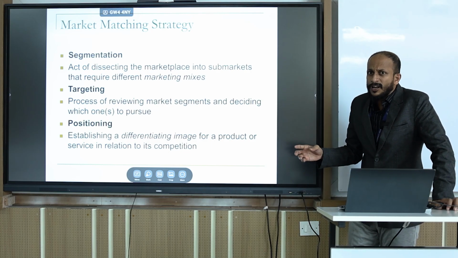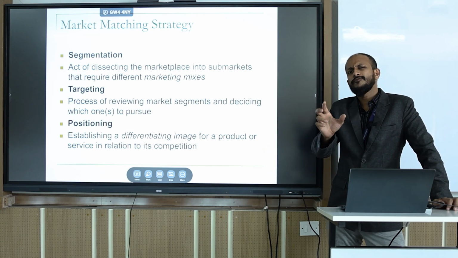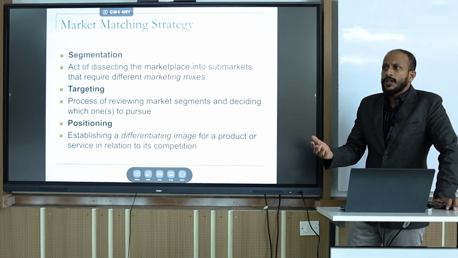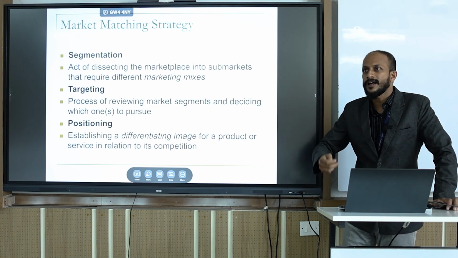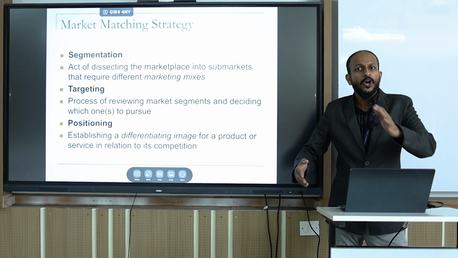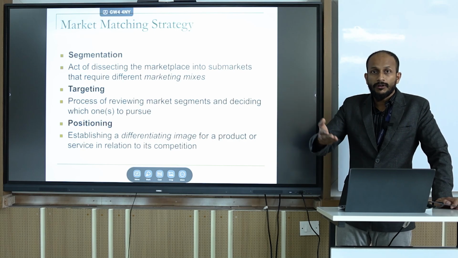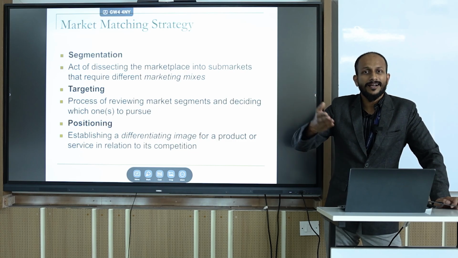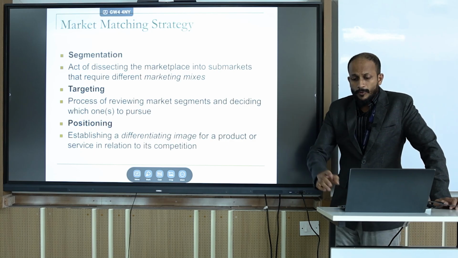In today's session, we don't have much time to focus on all three concepts, segmentation, targeting, and positioning. We will focus on one important concept, segmentation. Segmentation is all about dividing the market. It is like a variable, like a cut. A cut could be gender. You make a gender cut and you have two segments, male and female. You can take a variable like age, and have different segments like toddler, adult, middle-aged and old-aged people. It's like a cut you make in a cake, where you can have different cakes for different people, right?